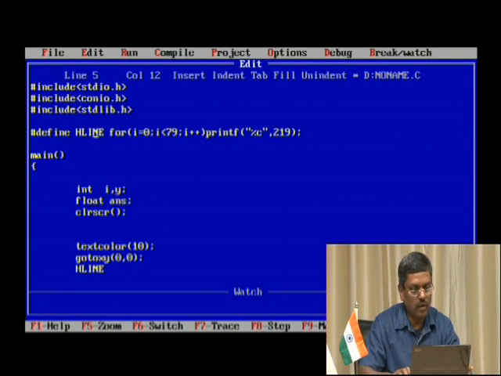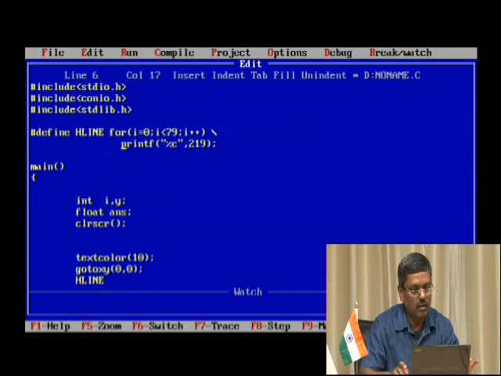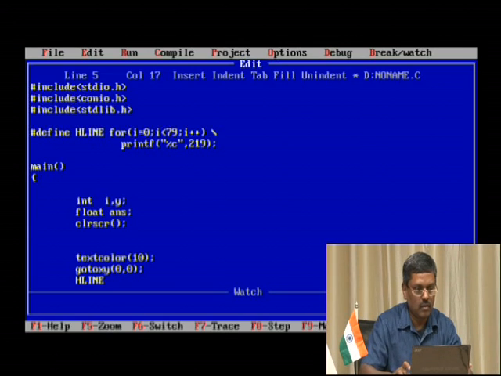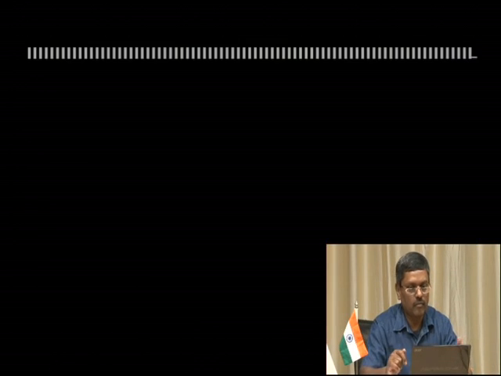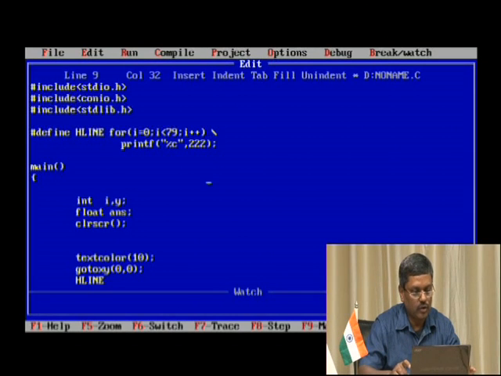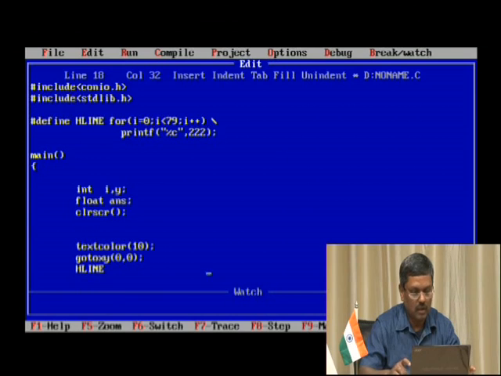Suppose you want to continue with the next line, you can do so by putting a backslash over there, and you can do like this. That means you can continue with the next line, and if you compile, you can see that it is very interesting. That means you can generate things like this. Instead of that, you can also do something. For example, after generating this,